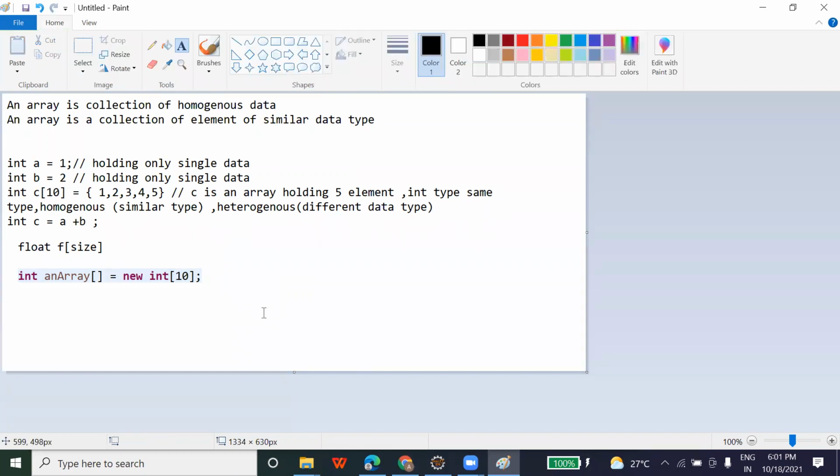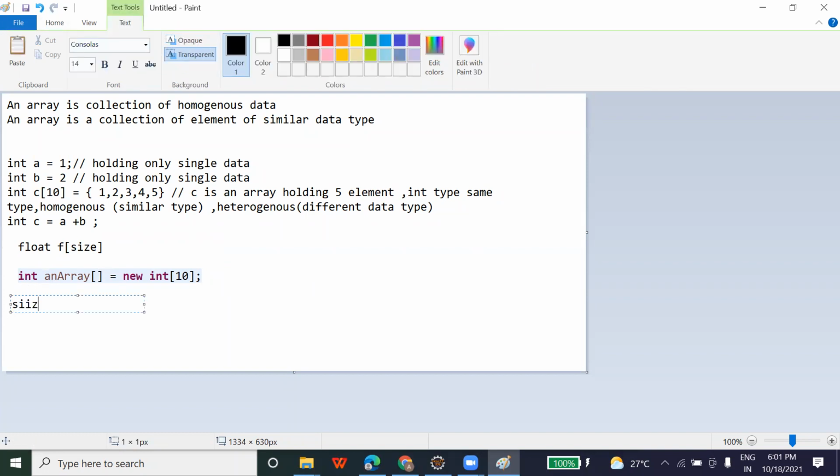Now, what is the size here? Size is the maximum limit of elements that an array can save.